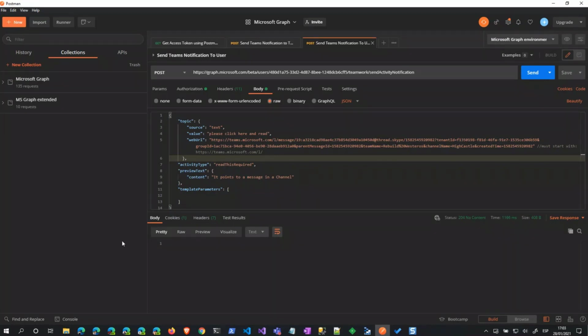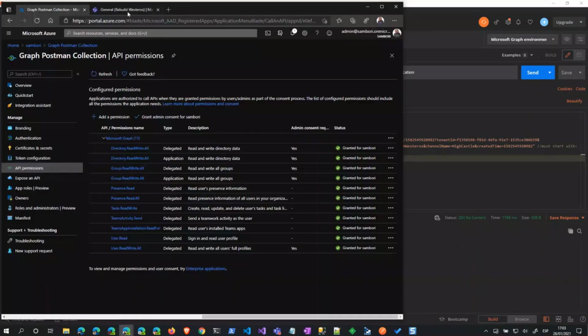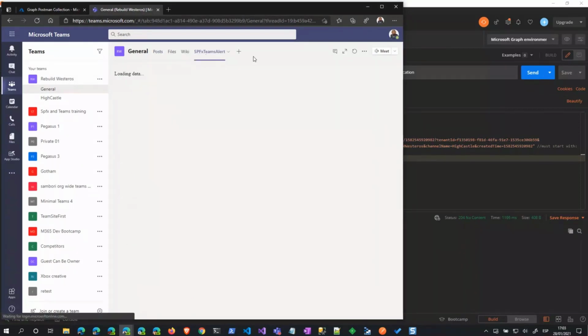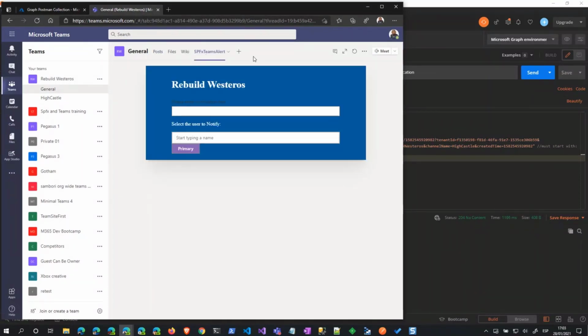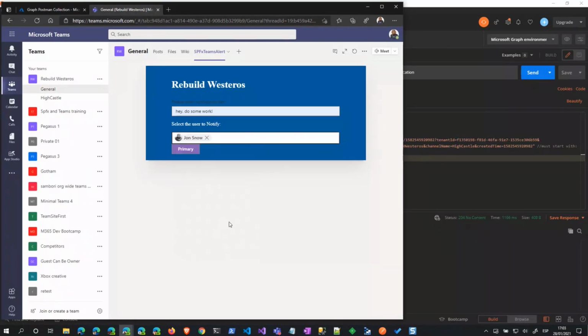And if we jump into the web part, my web part is a Teams tab, so I've just added the tab to these Teams in the general channel. So, well, not the best UI in the world, but you can send a message, and you can choose the user to be notified.